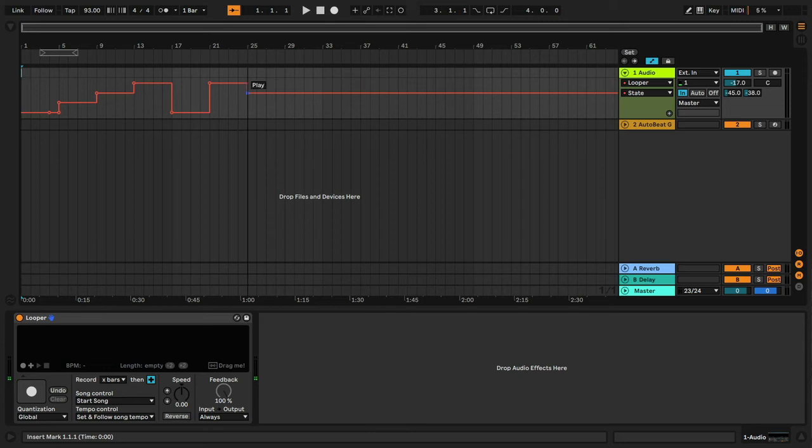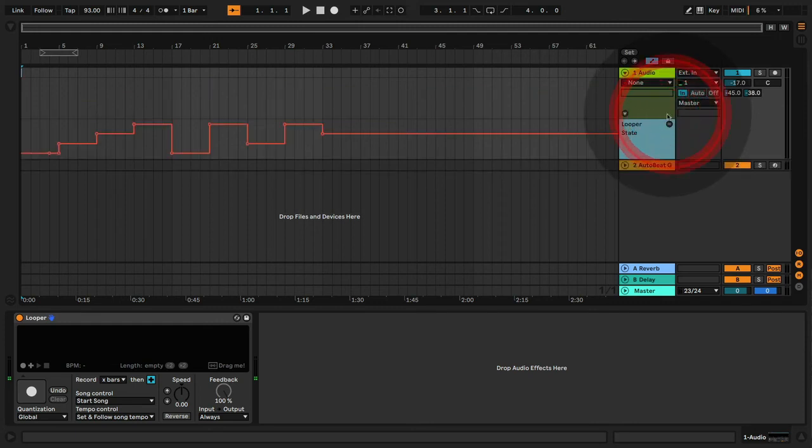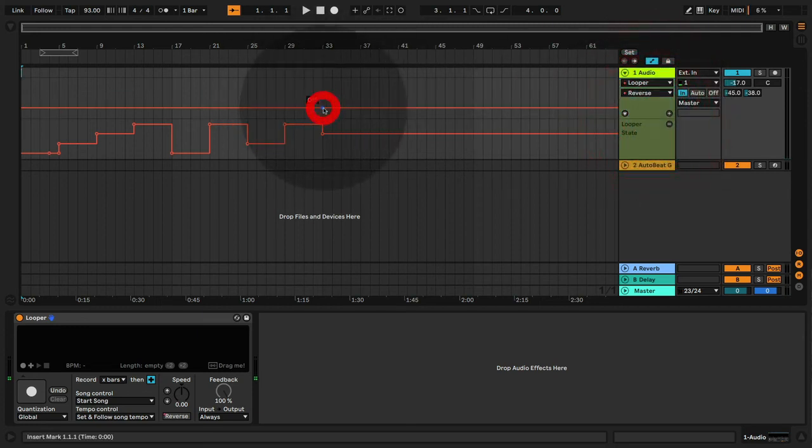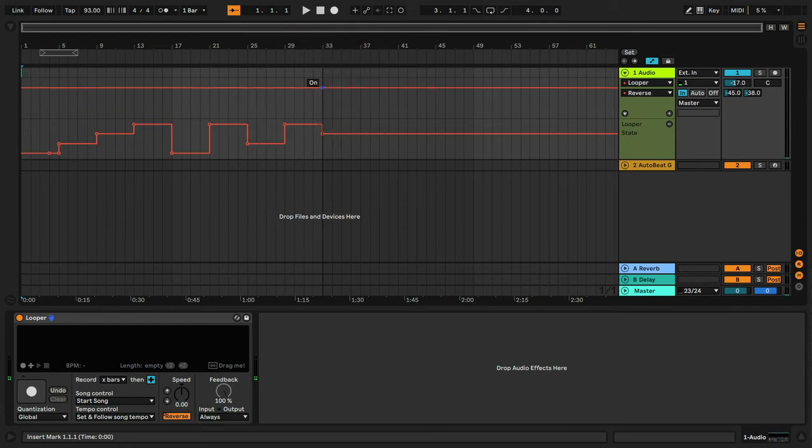Then what we'll do is go to record, overdub, and play. And at this point we'll have a little bit of a freak out. I will make this reverse just at this point here. Reverse